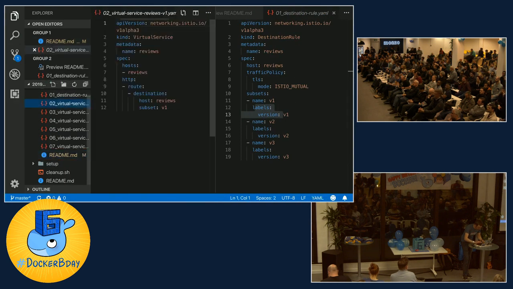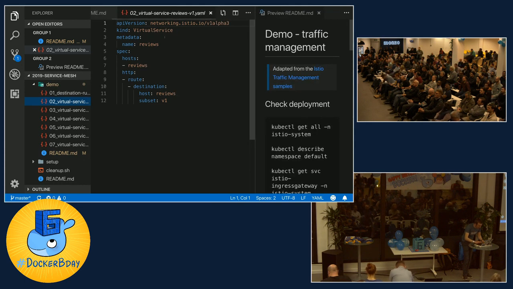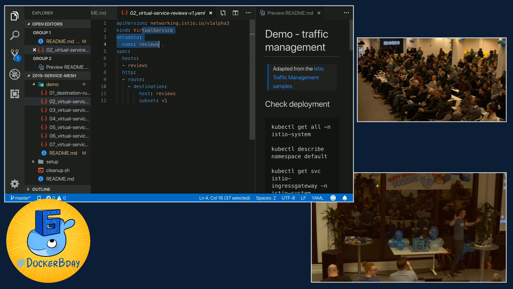And then the next thing I'm going to do, it'd be easier if I just had one screen open, wouldn't it? The next thing I'm going to do is deploy an actual virtual service. So the virtual service is based on the service name. When the product page makes a call to the review service, it doesn't have a long host name, it just says reviews. And so this is where Istio hooks in, and it says, when I'm looking for a host called reviews, then it's HTTP, I'm going to route all the traffic to v1.